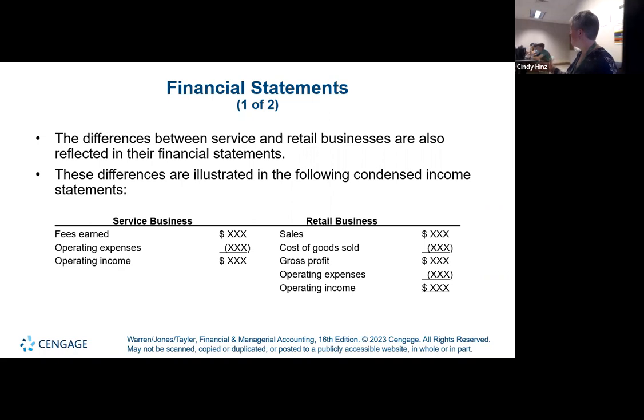If you chose a company that makes a product, manufacturer, or a merchandising company, you will likely see a step on their income statement called gross margin. You're not likely to see it called gross profit, but that's the term this book uses for whatever reason. If you chose a service company, a bank or some other type of, an airline that's selling tickets, that's selling service, taking you from one place to another, you may not see a step that says gross margin. Just like on the left-hand side of this slide, the service business doesn't have a second step in there.